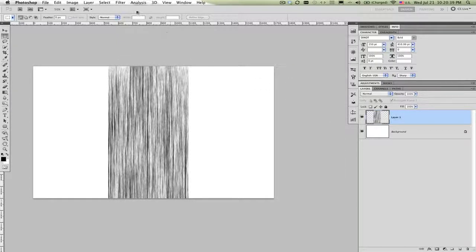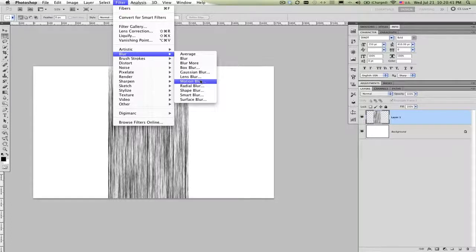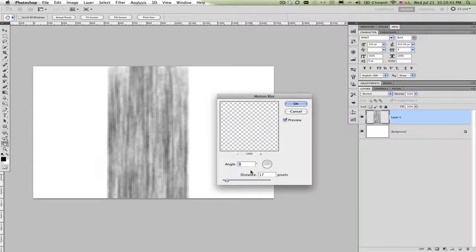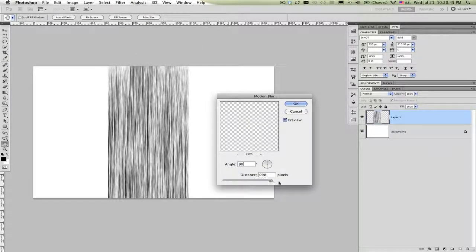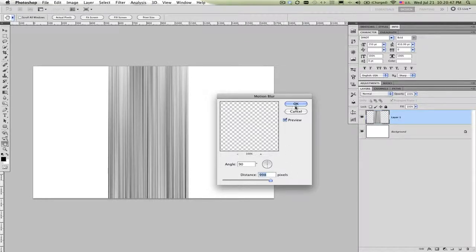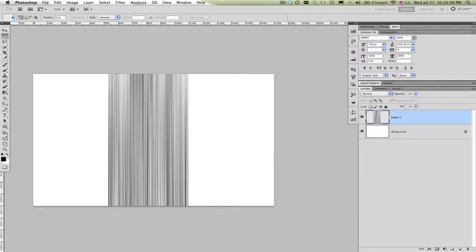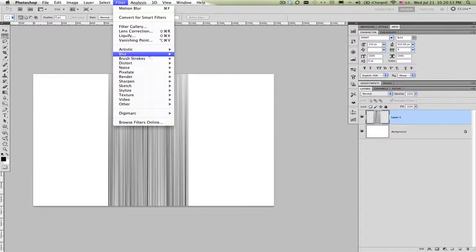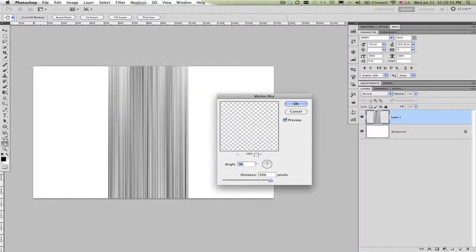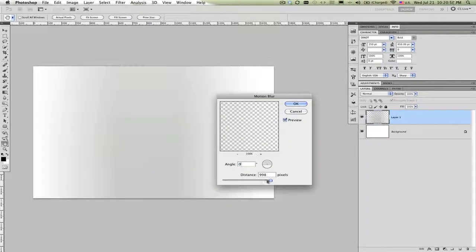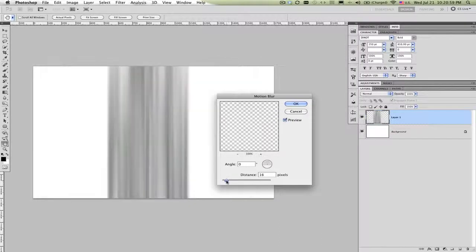And we're going to want to blur that, so go up to Filter, go down to Blur, go down to Motion Blur, and choose an angle of 90 and a distance, and just punch that all the way to the right, and click OK. You want to do another motion blur on that, so go to Filter, Blur, Motion Blur, once more, angle of 0 this time, and let's bring that down to a distance of about 15 or so